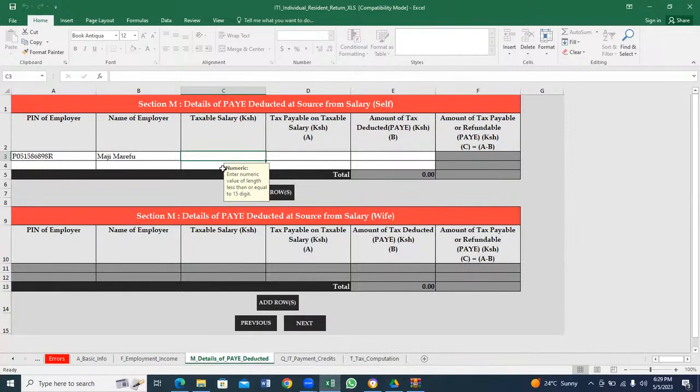Right? You know, I'm training you to be able to interrogate a P9 form and even your pay slip. Not just filing, because filing is just a tap on the button for iTax. Yes, but the question I'm asking you, you know very well, to arrive at this column H, chargeable pay, we